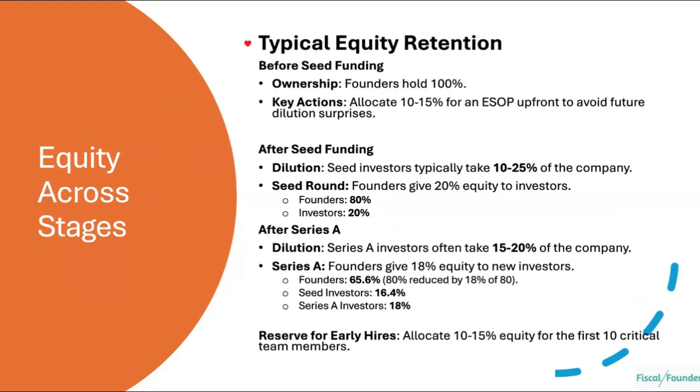Hey, Ramandeep, a quick question from the chat. What is a good percentage to give a co-founder? So what I've seen typically is, let's say in the beginning, a typical setup, now again, every company is very different, you're starting at 100%, right? You're like, okay, I'm going to put 25 to 30% for a VC to come in. I'm going to put another 20% for my ESOP, which is the 10 people I'm going to hire. So I've got 50%. I would say if it's a co-founder and you determine the value, there are cases to be made. Maybe you guys should get 25.